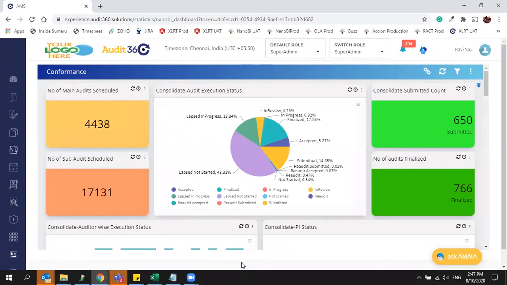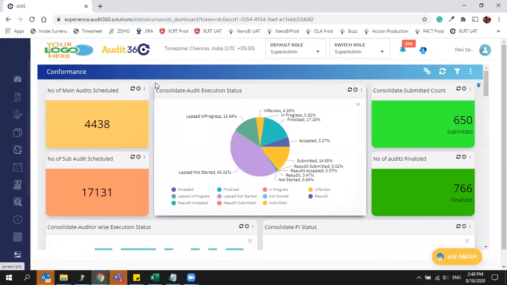That is why we have kept it at 2 years, but that doesn't mean you won't have access to data prior to that. The data is there. You just need to go and increase the period of access from the filter option, which Ravi will show you as part of this demo itself.